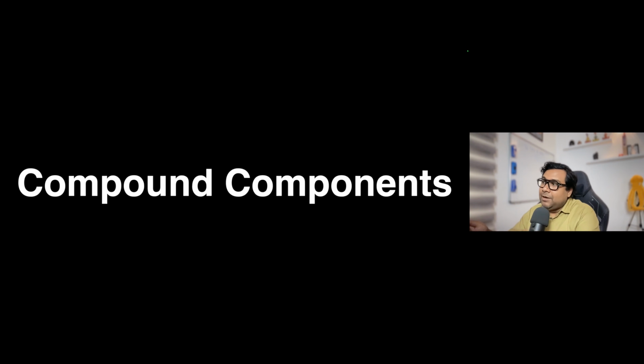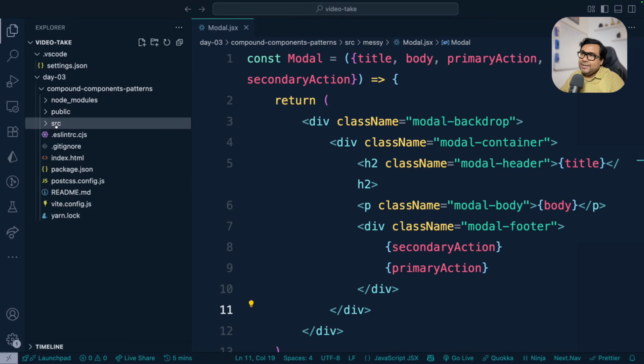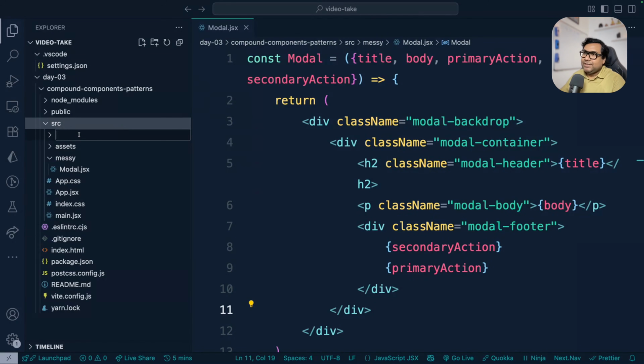Now the challenging part of compound components is identifying those smaller Lego blocks, or the smaller components, that you can compose together to build something which is more useful, reusable, and flexible to use. We are going to see that again with code now. Let's apply the compound components pattern on the same model and see how it becomes more flexible. We're back to our VS Code again, and inside the src folder, let's create a new folder called with-pattern,